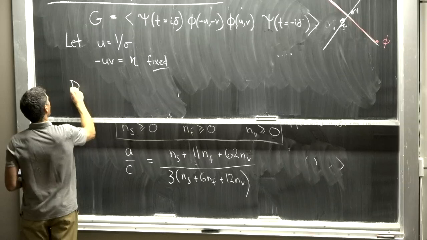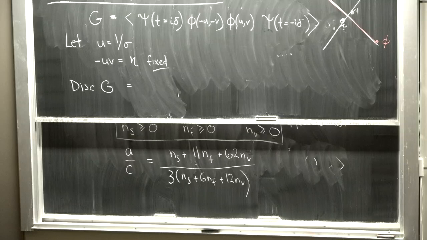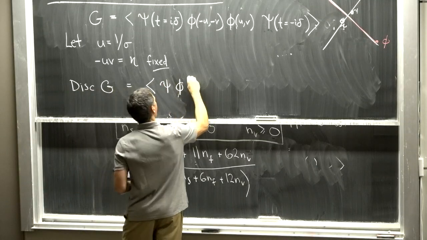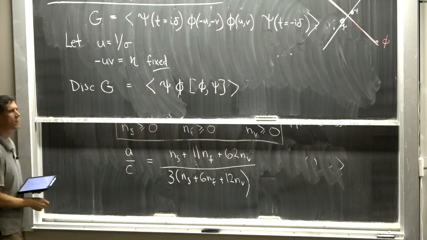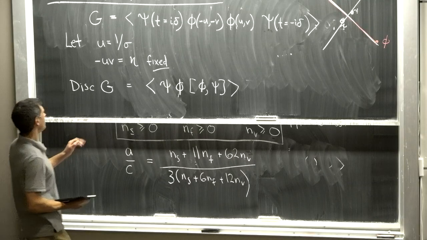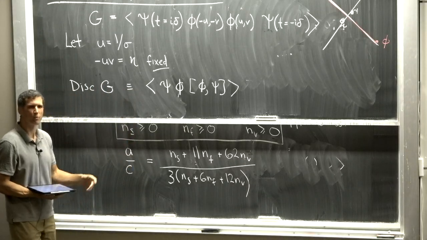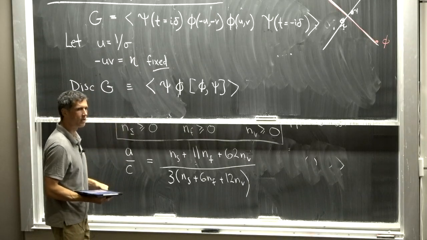First, let's write a formula for the discontinuity of G. By the discontinuity, I mean the same correlator, but I'm going to take one commutator. Eta is small because that's the light cone limit. So we're taking eta to be tiny, and then we're going to do a dispersion relation in sigma. So I'm defining the discontinuity here. But as we talked about before, there's some way of thinking about this in terms of branch cuts, where this is literally the discontinuity across some cut.